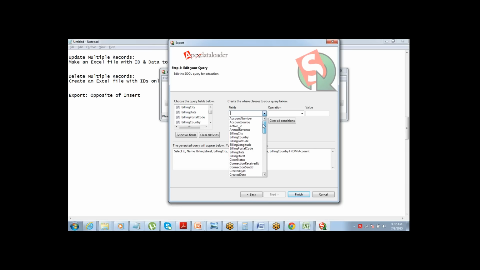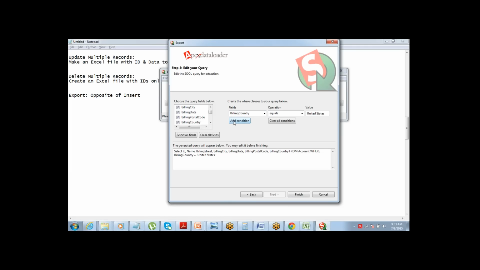Let's say I put a filter criteria. Only give me the accounts where the billing country equals United States. It will only export the records where the billing country equals United States. And you can just say finish. Before this condition gets applied, you have to click on add condition.